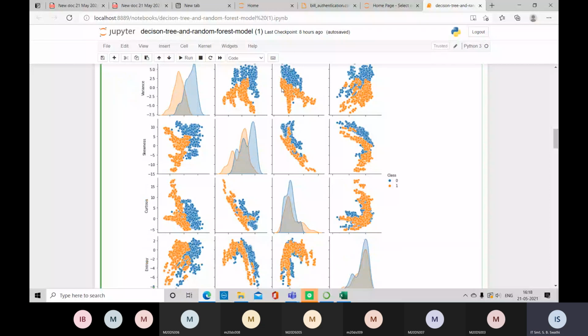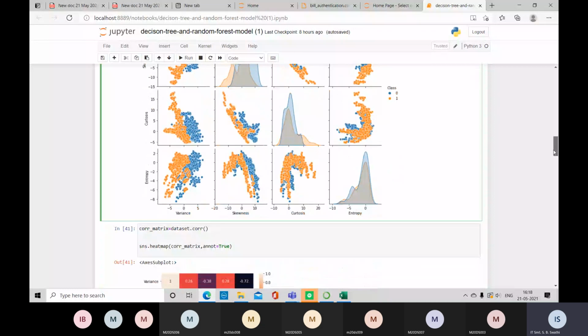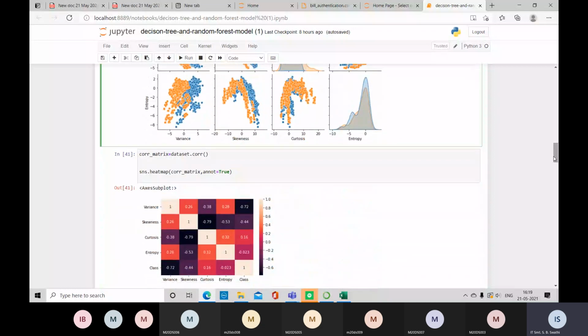Still, see here at the borders of red and blue, they are overlapped. Okay, this can be solved by classification. If a still clearer separation is there, then you can go for regression models. Regression models are stubborn models. Only when there is a clear distinction will they work. Even if a simple overlapping is there, they won't work. So with the help of Seaborn, you can analyze what type of algorithm you can choose. Am I clear up to this point?